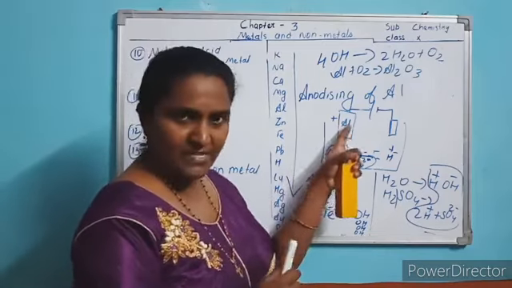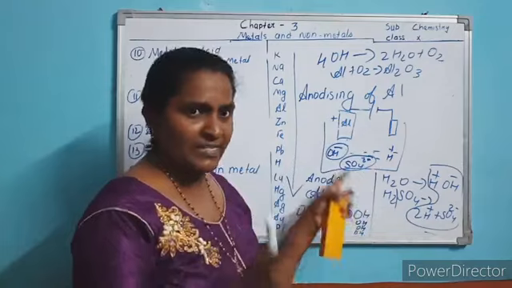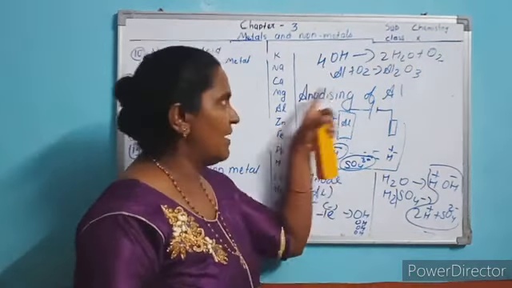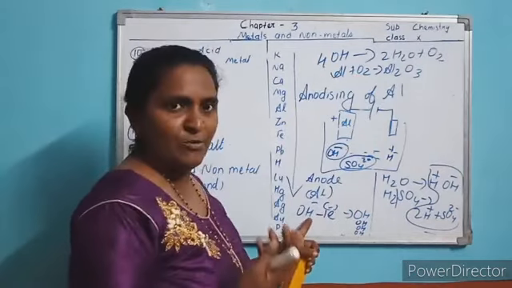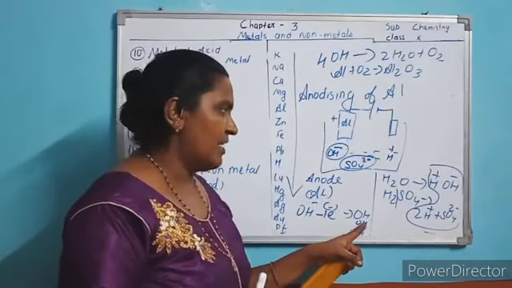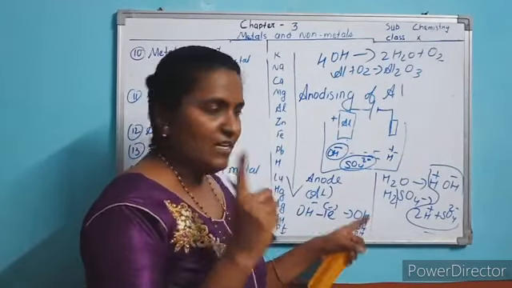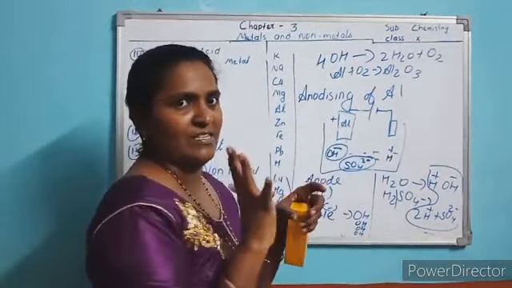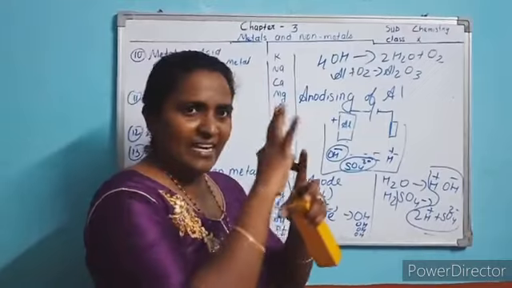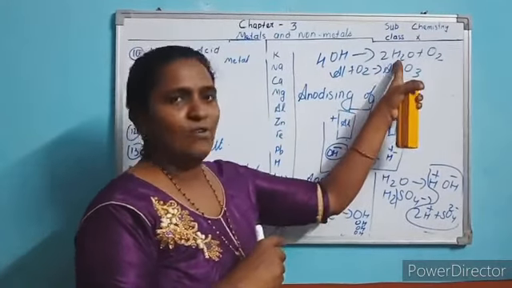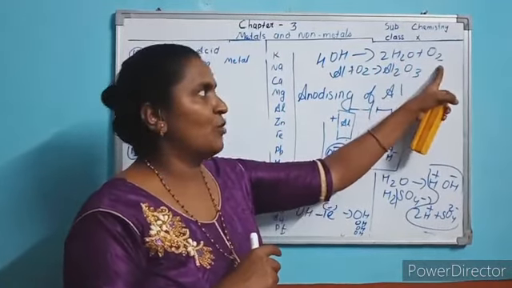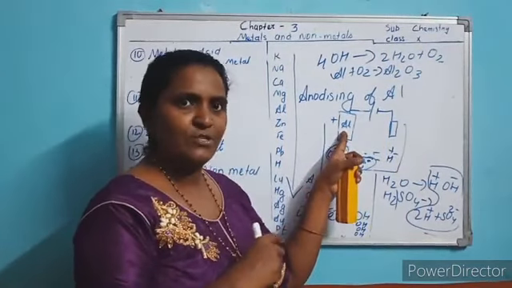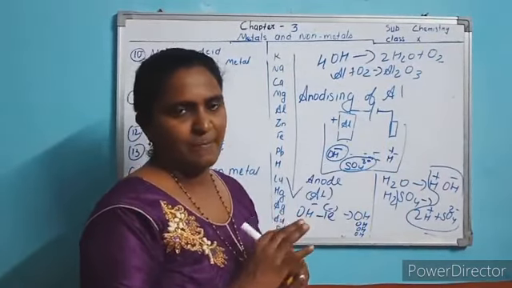Okay, aluminium is the plus rod. From the solution, the negative ions migrate. Who has more reducing power? OH minus. They will migrate and become neutral. They will donate an electron, and it becomes OH. Like this, second reaction, third reaction, when 4 OH combine, they form what? 2 molecules of water and 1 molecule of oxygen. This oxygen reacts with the aluminium to form aluminium oxide.